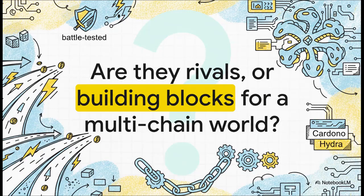And that really leaves us with one final big question. Are Hydra and Lightning really rivals, locked in some kind of winner-take-all battle? Or are they both just crucial pioneers, showing us different paths up the same mountain of scalability? Maybe, just maybe, they're the building blocks for a future that's faster,